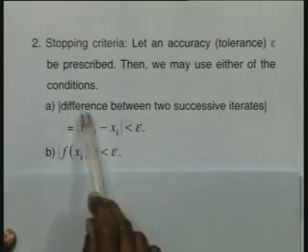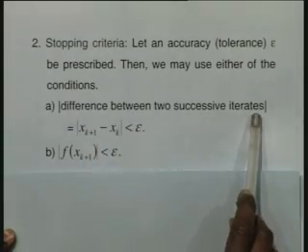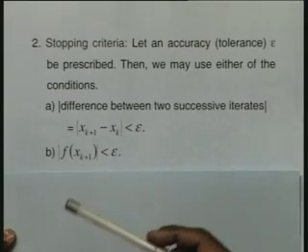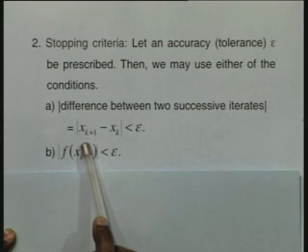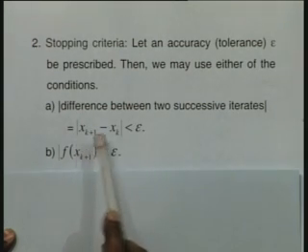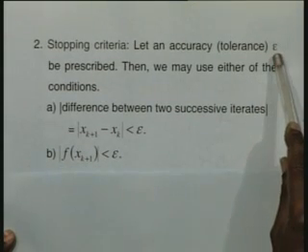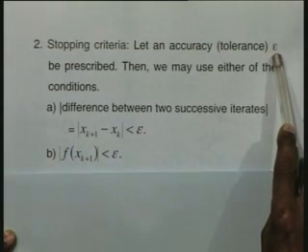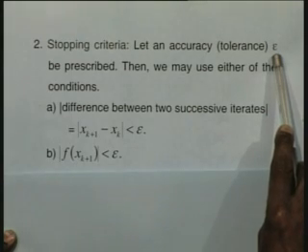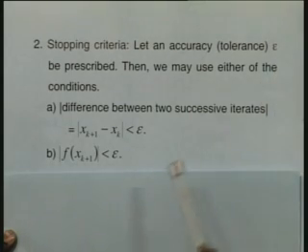What we can do is look at the difference between 2 successive iterates. Starting with x0 we got x1, x2, x3. So I can find the difference between any 2 of these, starting at a particular stage. After a few iterations we can start testing what is x3 minus x2 in magnitude, what is x4 minus x3 in magnitude. I can go on finding the difference between two successive iterates. If it is less than the tolerance that is given to us, then I can stop the iteration and give the output that is required.